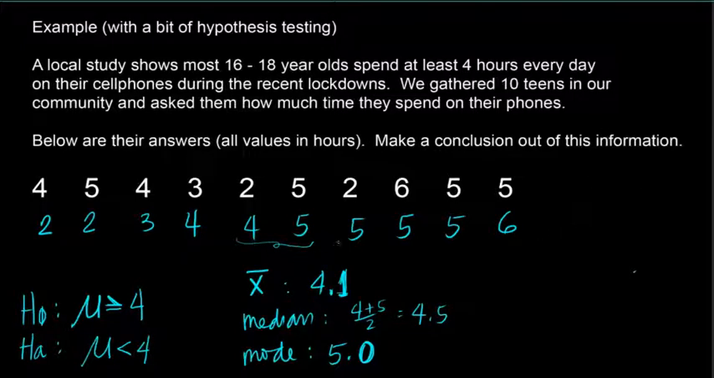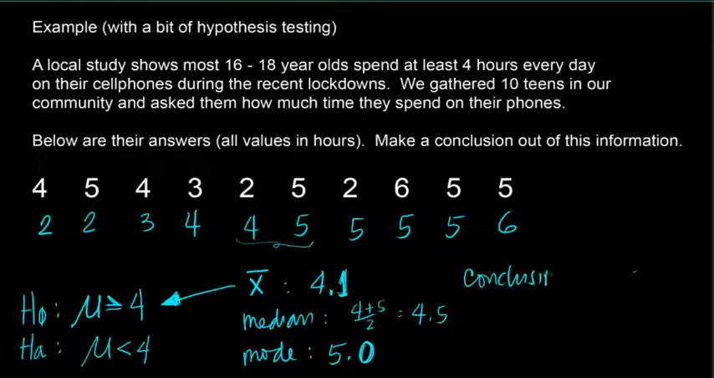Finally, we have here your mean, your median, and your mode. As you can see, guys, our mean is 4.1, which just proves that the null hypothesis is correct. So, we can conclude. Our conclusion is that